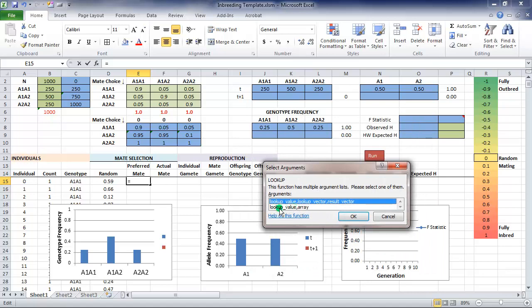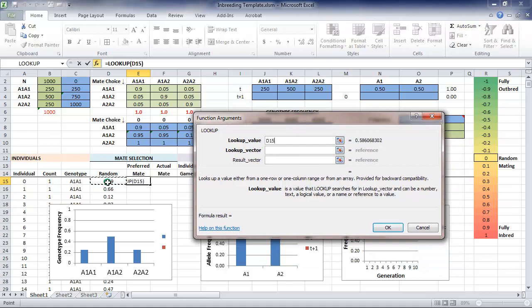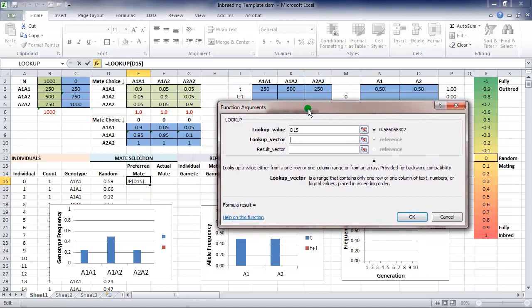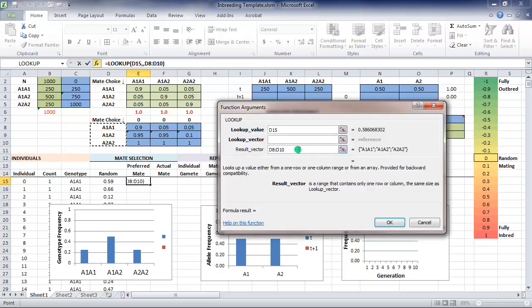And to do that, first we're going to choose the lookup function. We want the lookup function that has 3 arguments, and we're going to be looking up the random number in a lookup vector. And here's where it gets a little tricky. So let's skip this right now and head over to the result vector. The result vector will be the mate choice, so we can go ahead and populate that with D8 through D10. The lookup vector, though, changes depending on what our parent's genotype is. So here we're going to embed 2 if functions to make sure we identify the correct